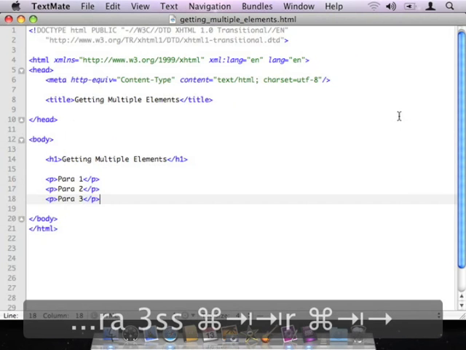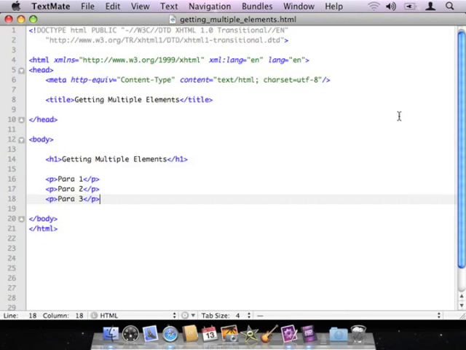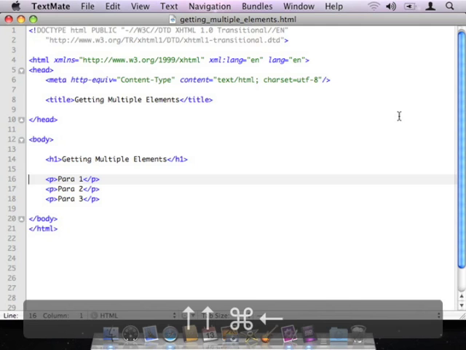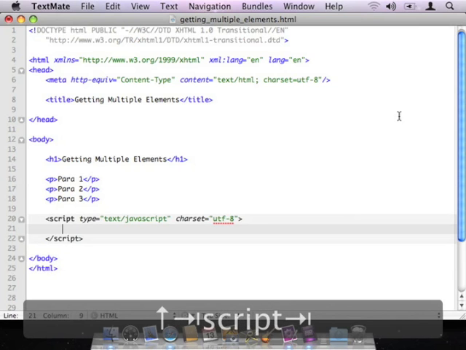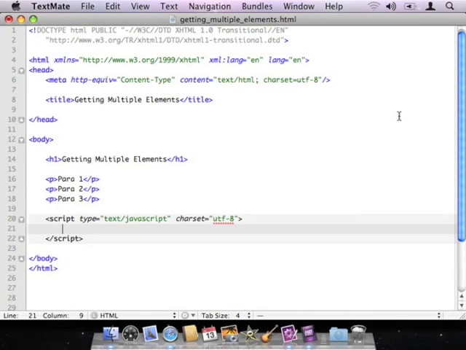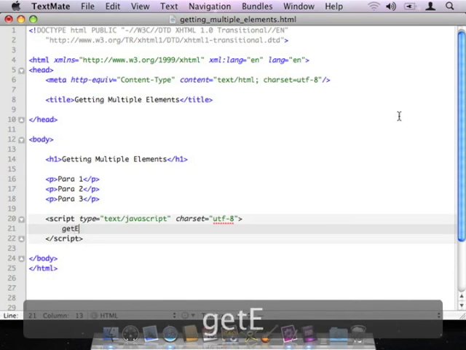But because those three paragraphs are not forms and they are not images, I cannot access them quite as easily, quite as directly as I was able to access forms and images through my JavaScript. That doesn't mean, of course, that they can't be accessed. It just means that we have to go about it a slightly different way. What I'm going to do is after my three paragraphs, I'm going to put in a set of script tags. And what I can do here is if I want to access those three paragraphs, I can do so by